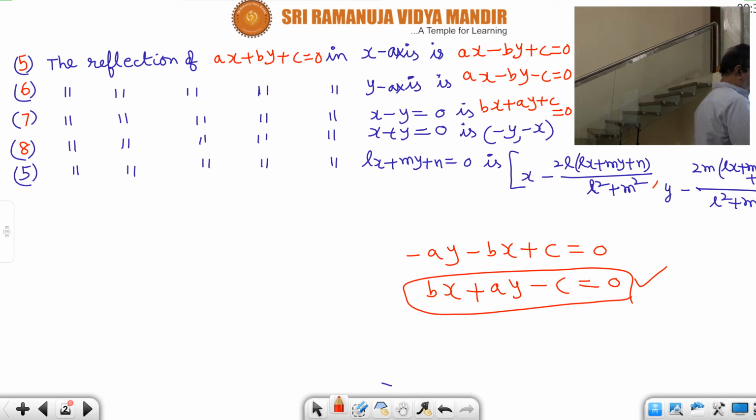Bx plus ay minus c is equal to 0. Because x we write first. So I have multiplied by minus 1 and changed the x and y terms. So I am removing this and writing the answer here. What is that? Bx plus ay